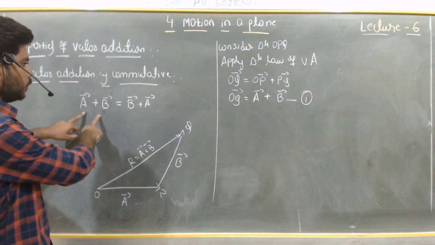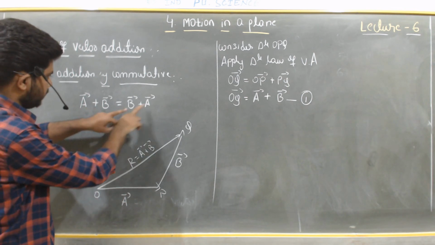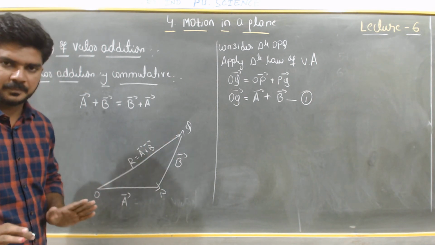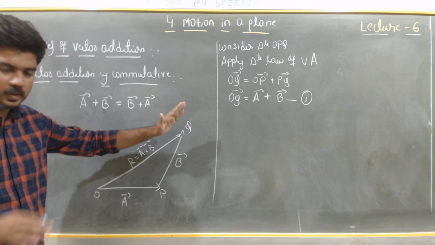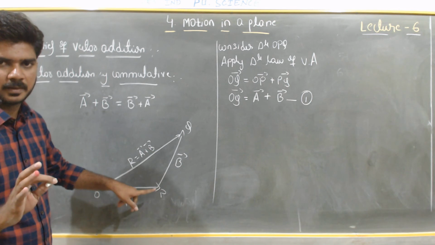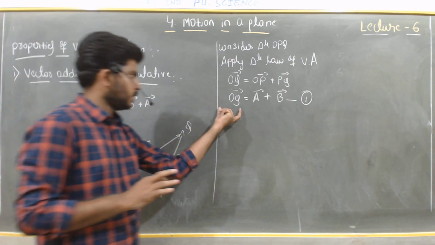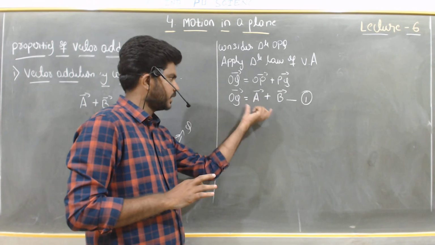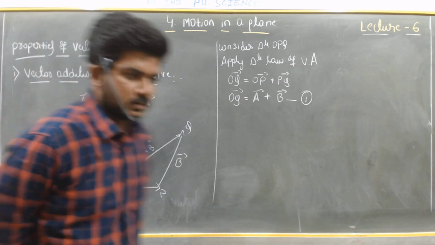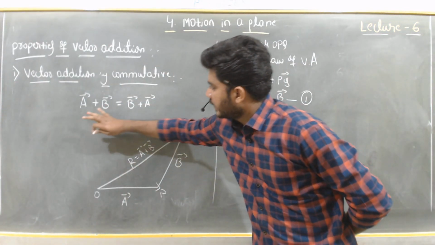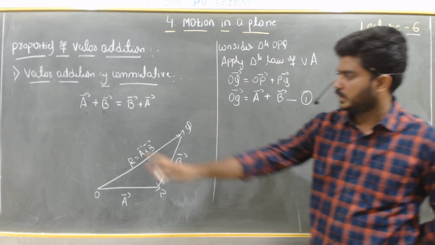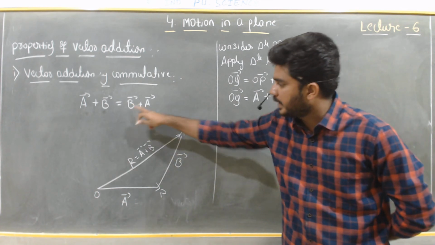Remember that we are going to prove vector A plus vector B is equal to vector B plus vector A. For that purpose I have taken vector A and vector B and I have drawn one side to make a triangle, to add these two vectors. So with one triangle, I have got one resultant vector, that is vector A plus vector B. Next thing is to find the resultant to get B plus A.